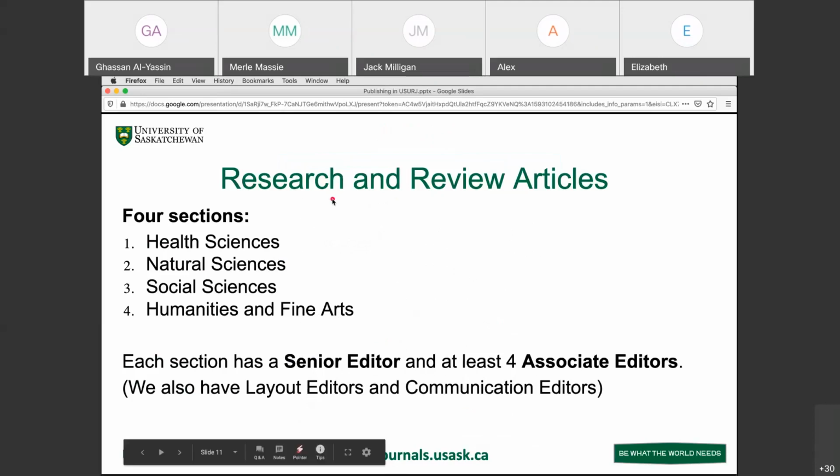So for research and review articles, we usually divide them into 4 sections: health sciences, natural sciences, social sciences, and humanities and fine arts. Each section is run by an independent team led by a senior editor and at least 4 associate editors. Review articles,